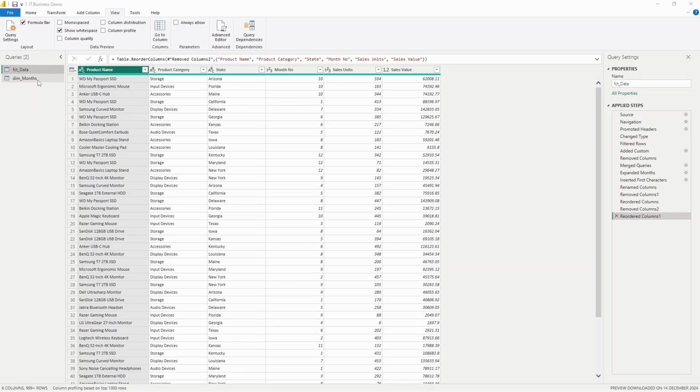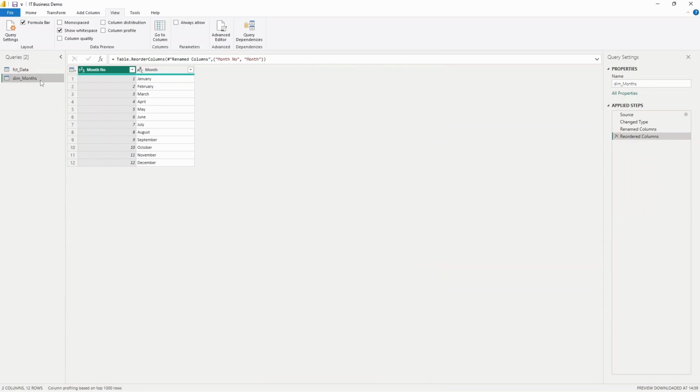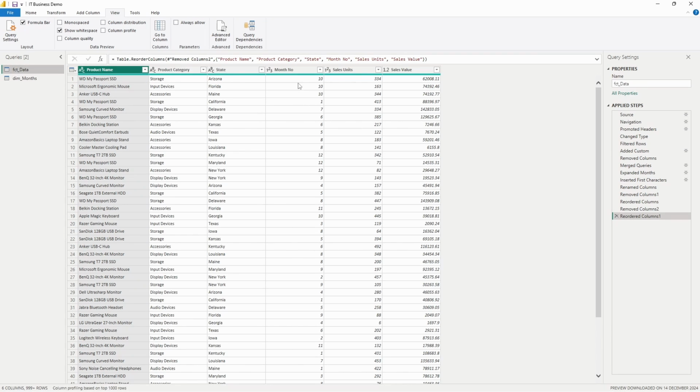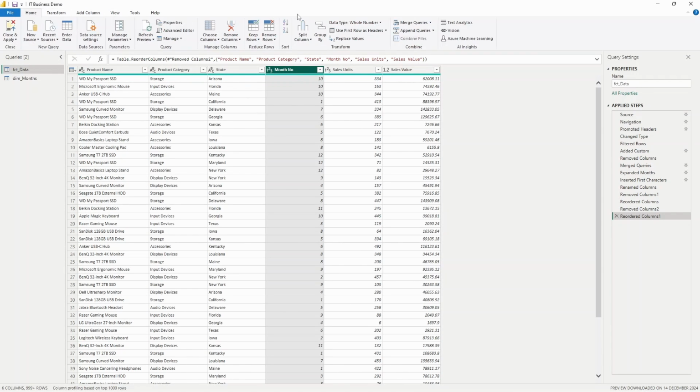So if I come across to here, to my other query, we've got a dimension table for the months. Now over here, we've got the month number along with the month name. So that's ideal. So what I need to do is essentially take this month number, come across to Home, Merge